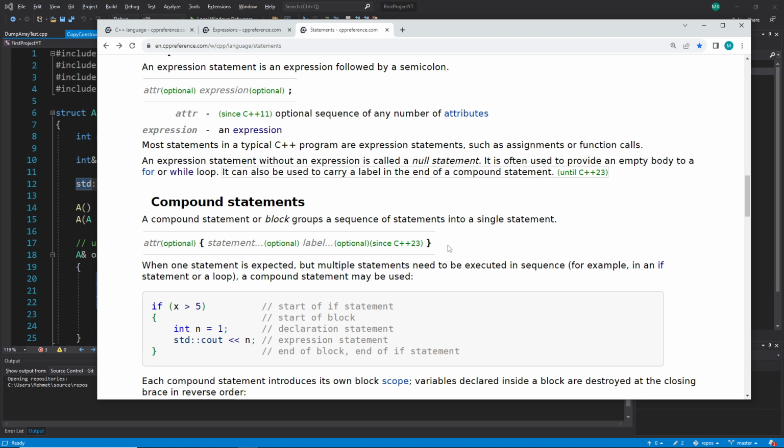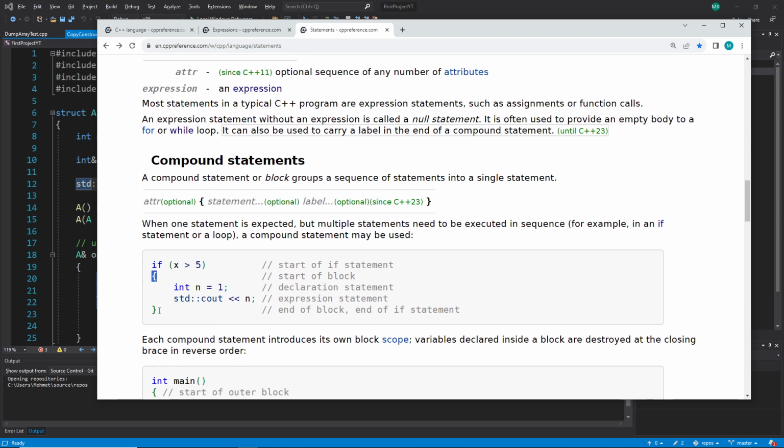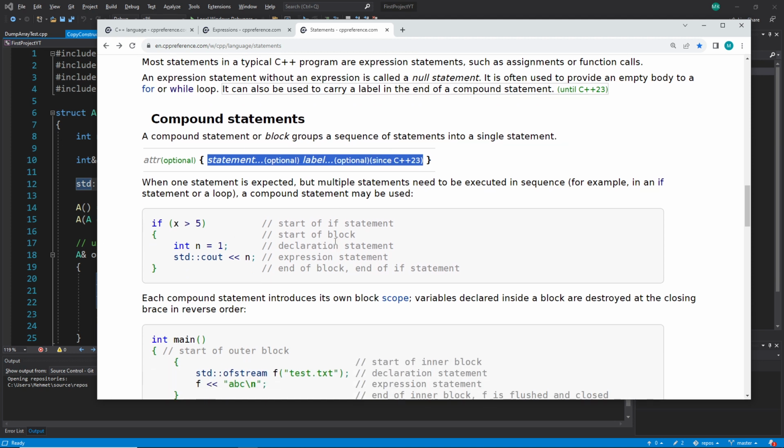They are very important because that is what you have to use. And you can see, for example, in this example would be this one here. And then there are statements, optional, label, optional. So in other words, everything is optional here. But now the compound statement here,